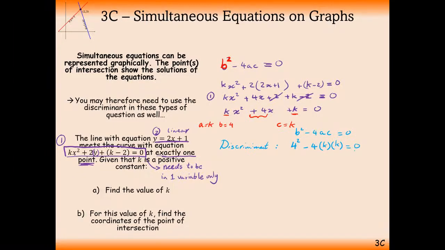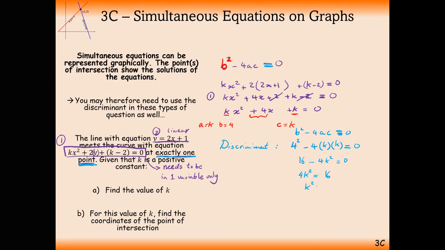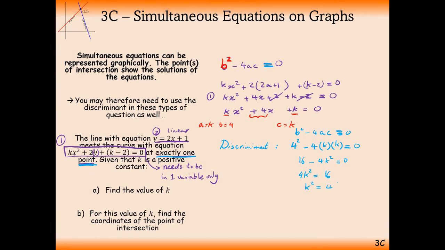So expand this, and we know why is this equation equal to 0? Because they told us that there is only exactly one point of intersection. That's why we're setting this discriminant equal to 0. It could have been less than 0, it could have been bigger than 0, but we know that it will be exactly 0. Now solving for k, we get 16 minus 4k squared equals 0. Take 4k squared to the other side, so we get 4k squared equals 16. So for k squared, divide by 4, we get